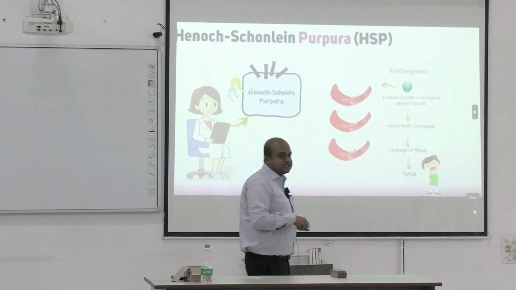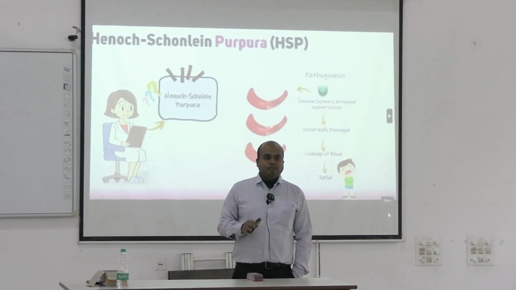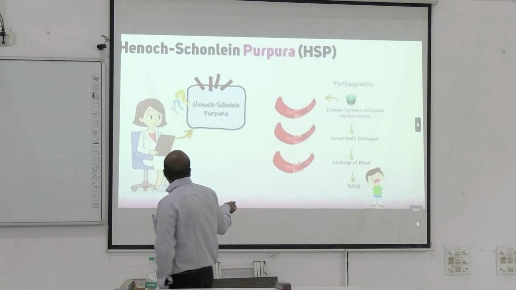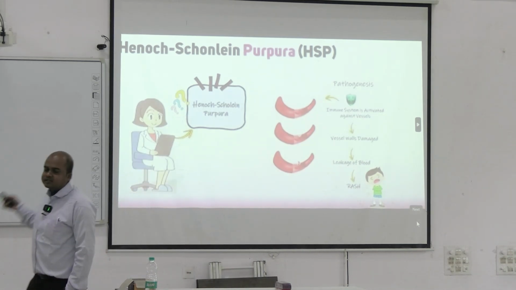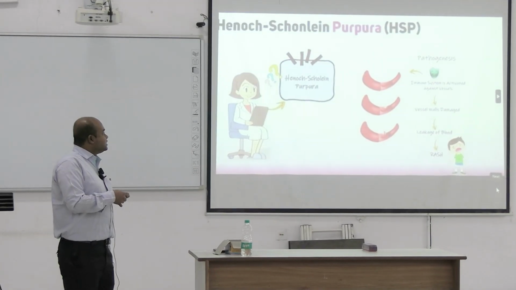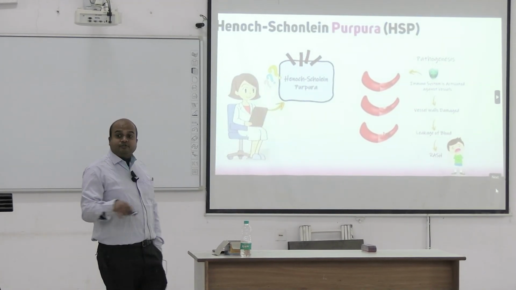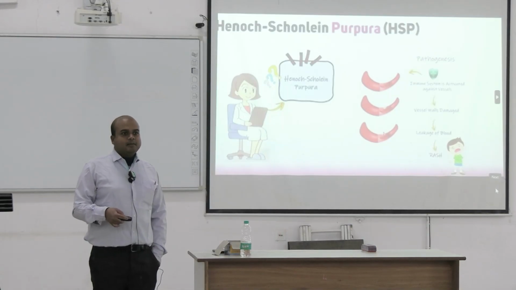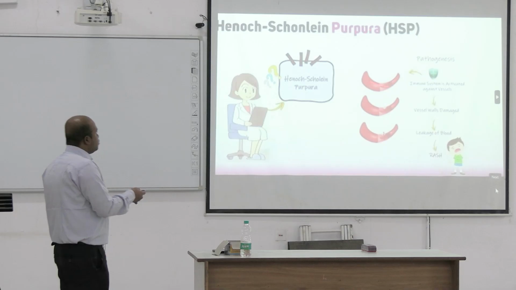There is something called HSP, a rare disease but a mentioned disease, Henoch-Schönlein purpura. These are named after the persons who described them. So pathogenesis is the immune system activated against the vessel wall, the endothelial wall. If the immune system is activated against the endothelial wall, there is bleeding tendency, so that purpura occurs,